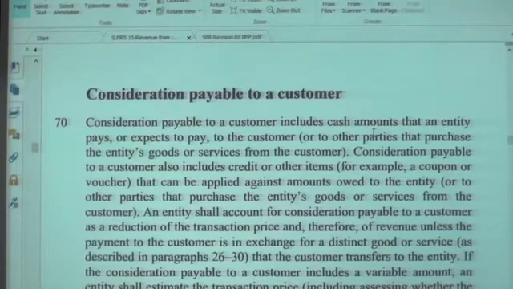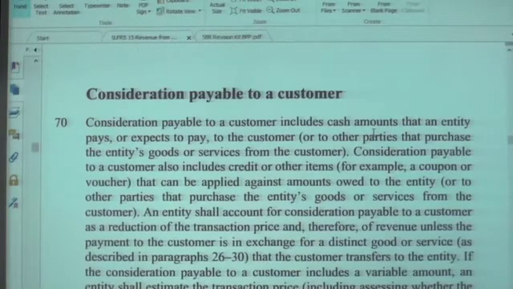Application means what you have learned, you have to apply to a real world scenario. Now this is a real world scenario. The examiner does not directly ask you to state or compute. They will ask you to discuss, advise, explain. Then you cannot do just calculation. You have to advise first, then show the calculation according to your advice. Therefore, you have to refer to the paragraph, not the paragraph number, but the points.